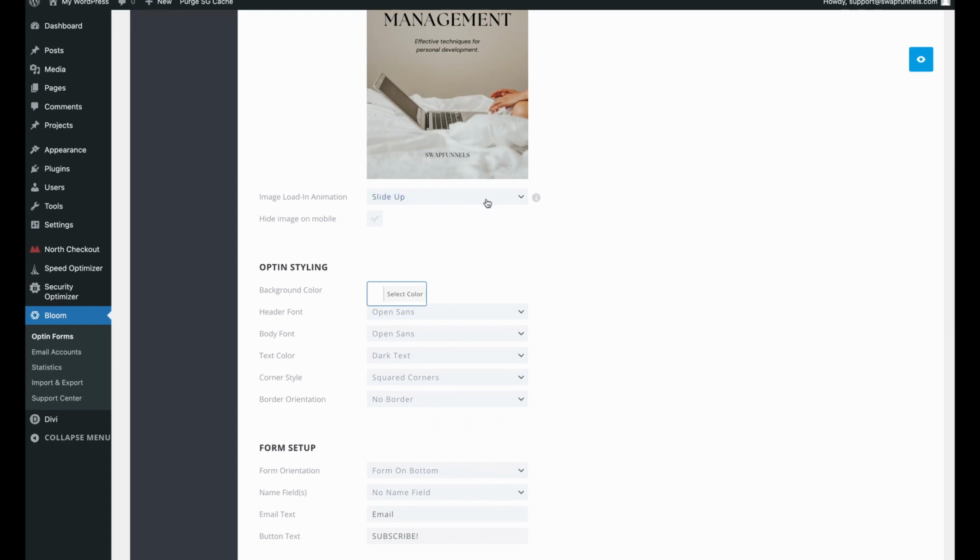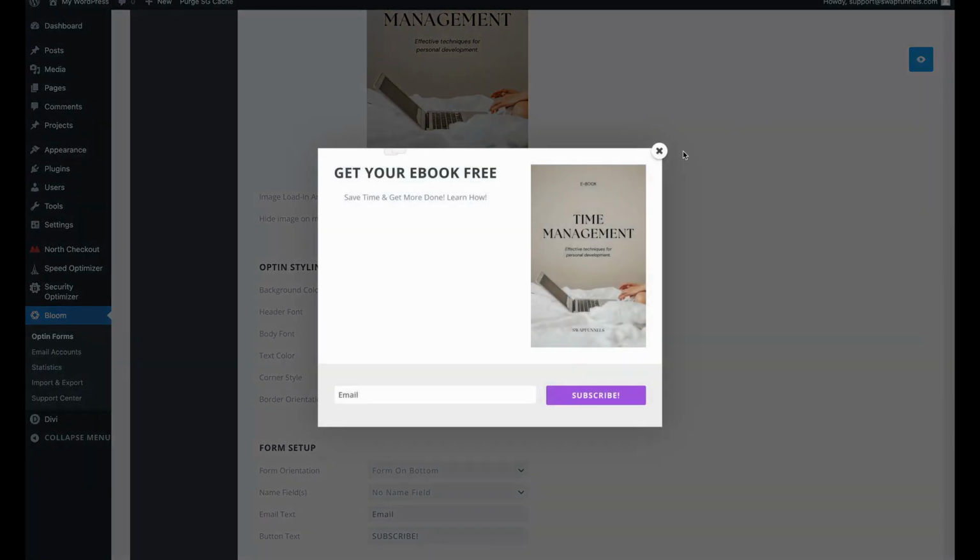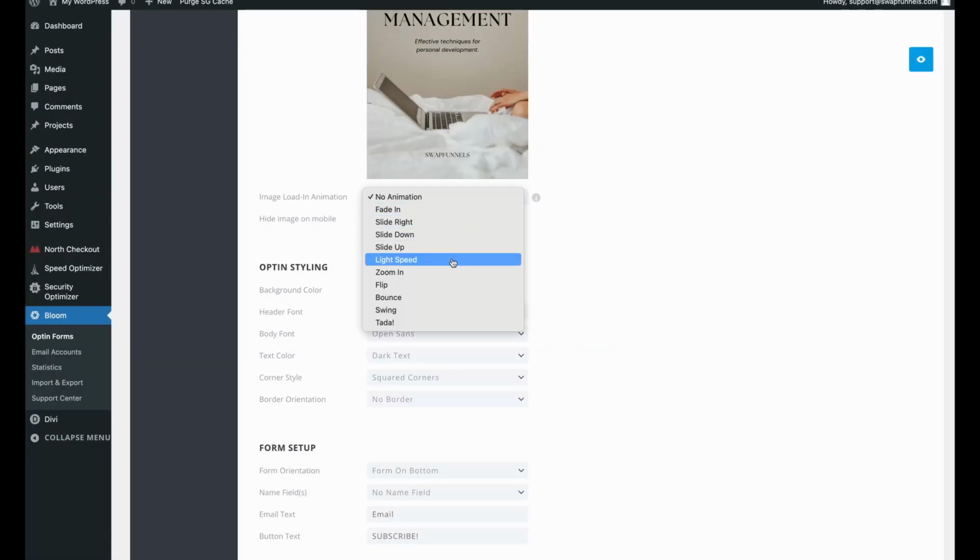We can do an animation for how the image is going to come up, whether it's going to slide up or whether it's absolutely no animation at all. It'll just come right in just like that. Or if I choose another animation, just for example, like zoom in,